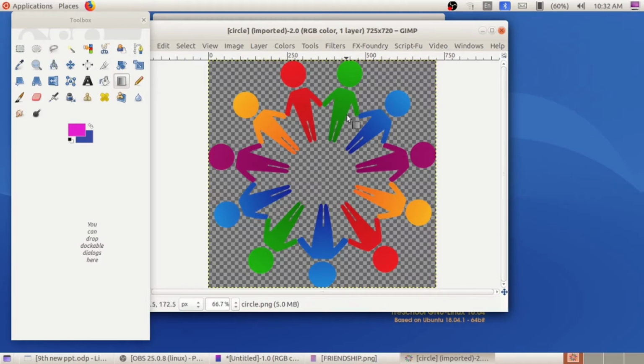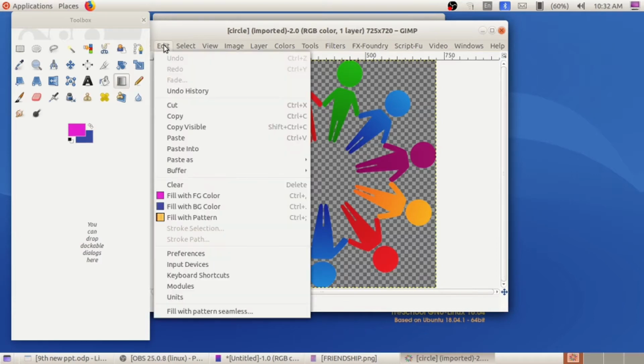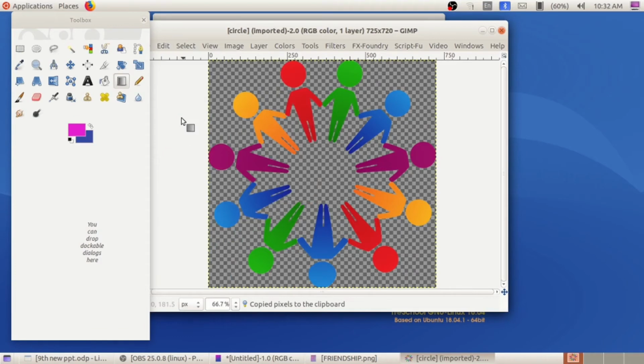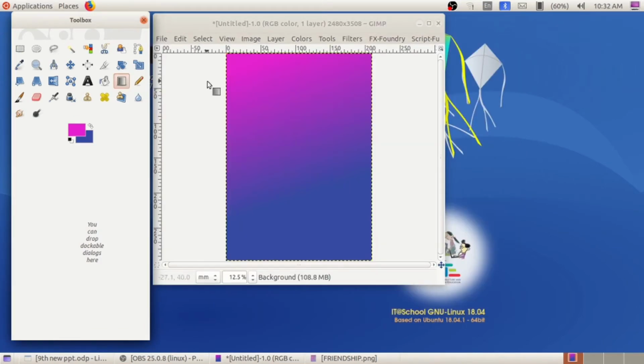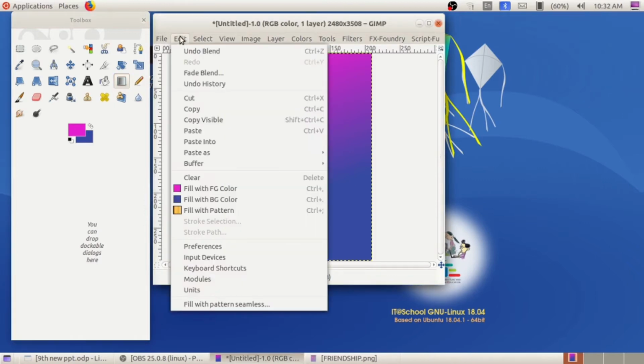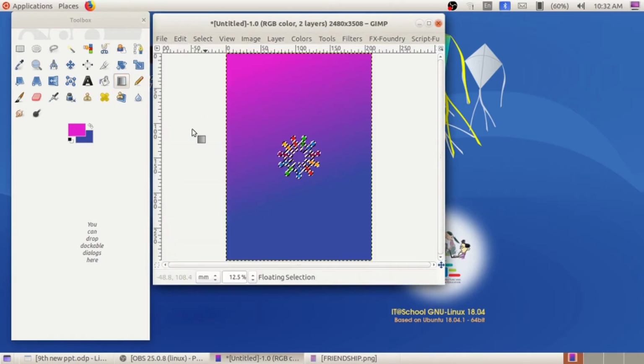So here we have no background color. So just copy this image. Go to Edit, Copy. Click on Edit, Copy from this image. Then close this image. Here in the canvas, Edit, Paste. See, here we can see the image. And each and every activity must be in new layers.